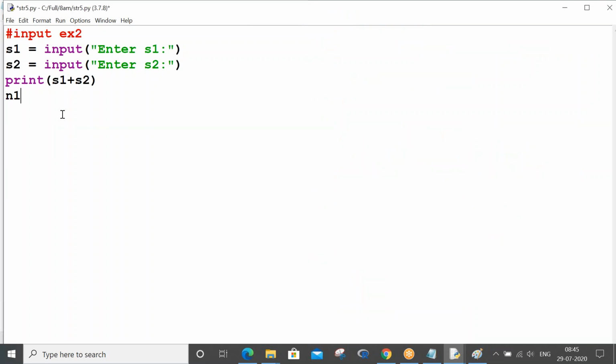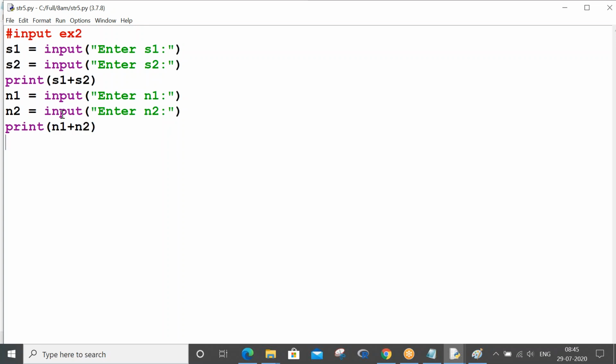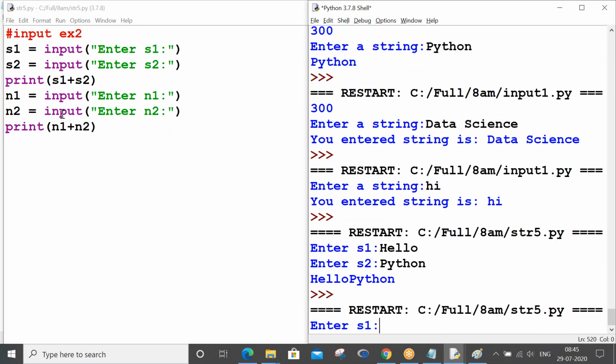Now likewise, let me do n1 is equals to input of enter n1, n2 is equals to input of enter n2, right? So I am reading now two numbers, print n1 plus n2, control S F5.